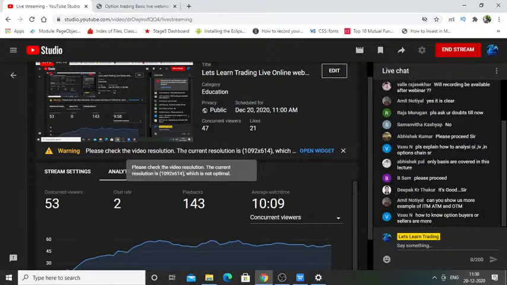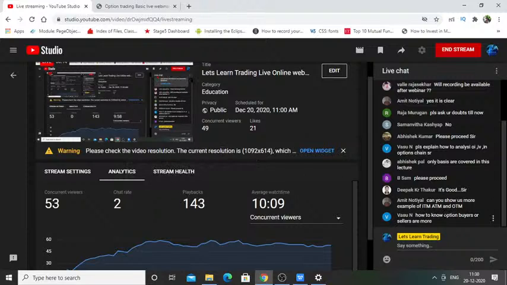Okay, so let's see how to know whether option buyers or sellers are more. If you look at it, a trade doesn't happen without a buyer and a seller. So if one trade happens, there will be both a buy and a sell. We cannot conclude that only option buyers or only option sellers are there, without these two parties having a trade, the trade doesn't happen. That is the actual thing.